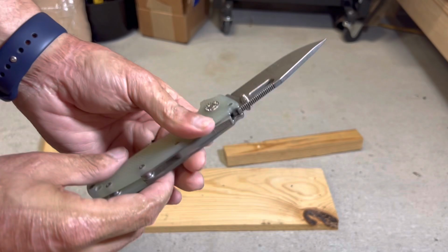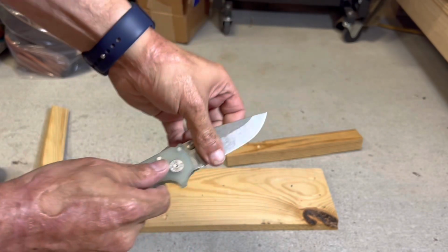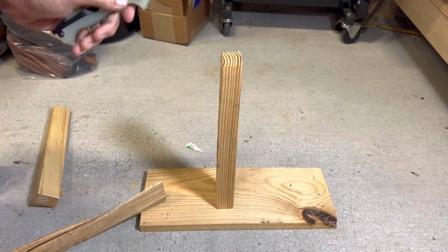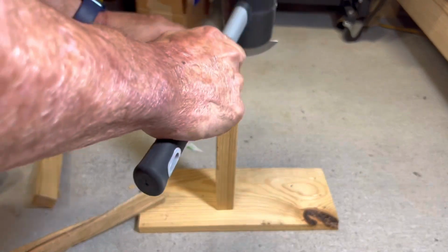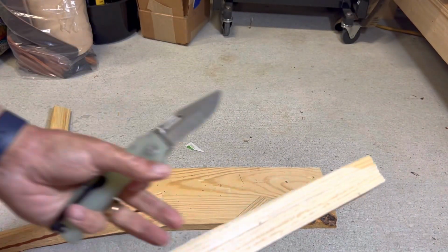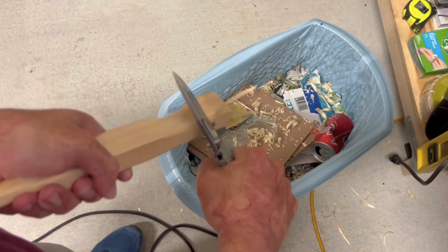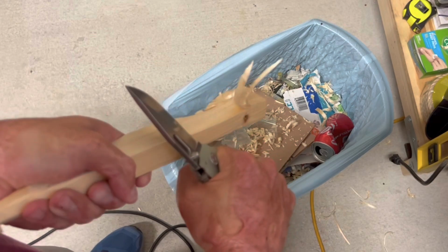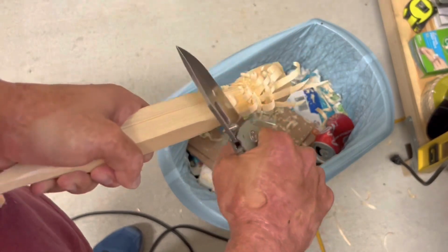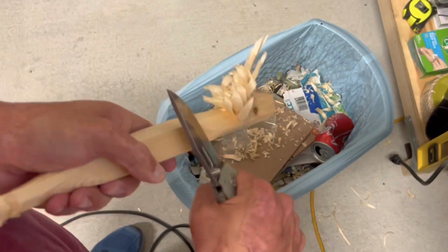The thing I was worried about was the big thick rubber tubing. A lot of times when you have a thick bevel like this, whenever I first bite into it, it'll want to pinch the sides right here. But even that, I guess this finish is nice and smooth, it didn't struggle. It wasn't as easy as a super thin stock, like a Bugout with very thin geometry. Not saying the Bugout has very thin geometry, but something like that, of course, is going to perform a little bit better. But I was just trying to show that even though this thing is a beefy, hard use, massive behemoth of a knife,